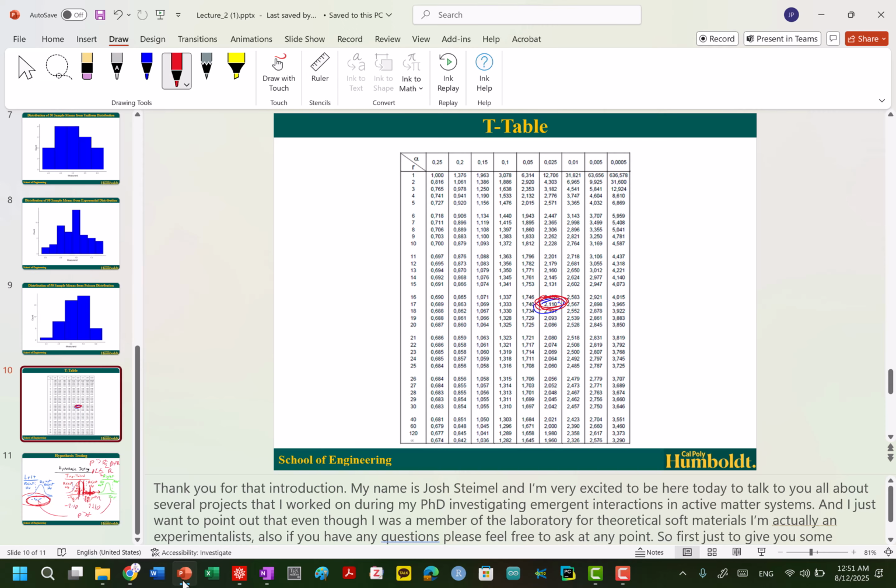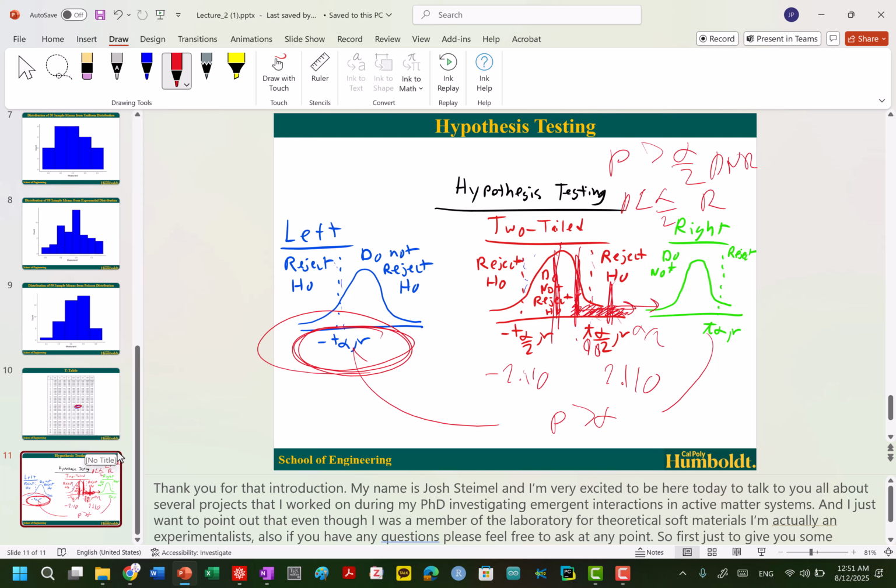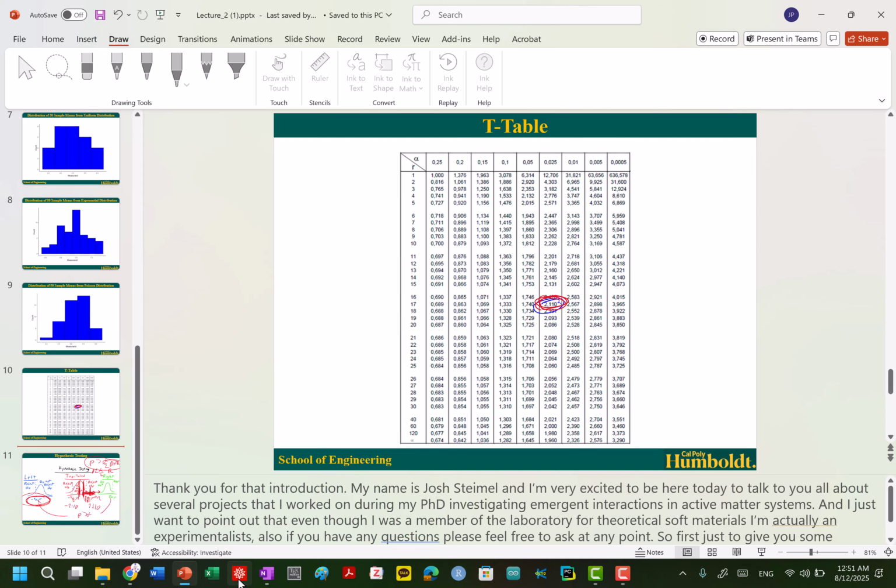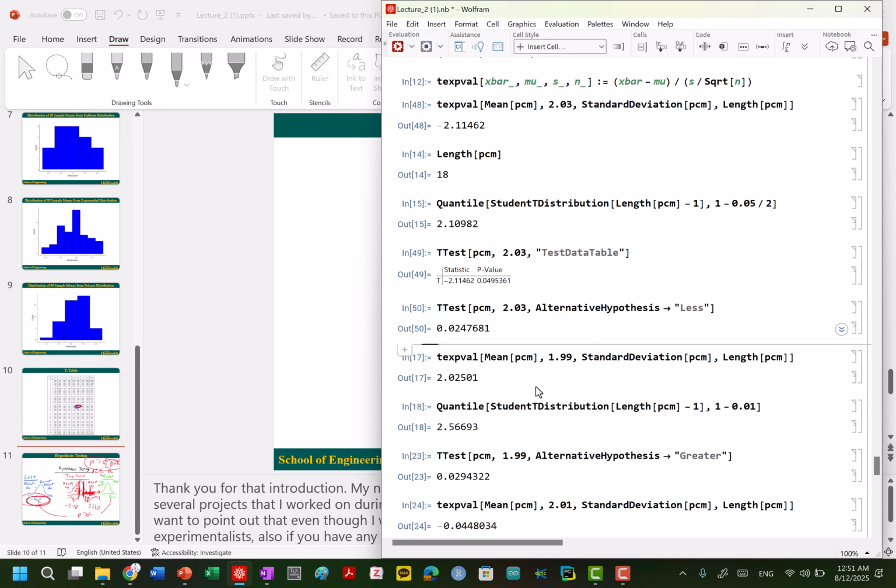One last thing, and it's a very important and very subtle notation thing because of when you're programming in Mathematica. We've been saying here, okay, if we're calculating the p-value from this specific number and we go to positive infinity, for a two-tailed test, if p is greater than alpha over 2, then it's a do not reject. One thing is if you're using Mathematica to calculate that p-value, which I hope you all do,